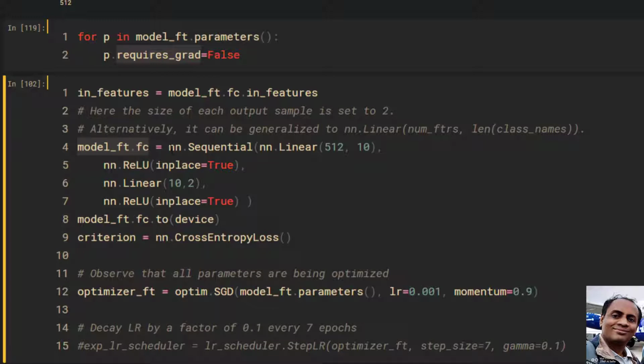model_ft.fc equals nn.Sequential. We are using this function of nn from torch to create our own small network which has nn.Linear. The first layer takes 512 inputs, 10 outputs. Next layer ReLU, then nn.Linear, 10 inputs, 2 outputs, because we only have 2 labels, ants and bees. So I created that here, assigned it to FC, and then we assign the device